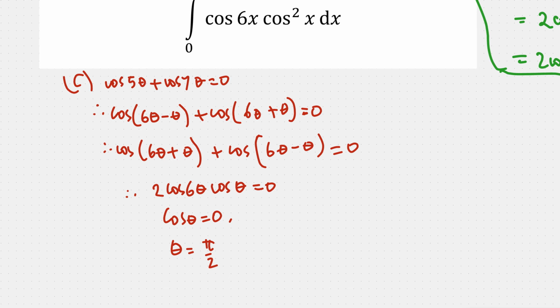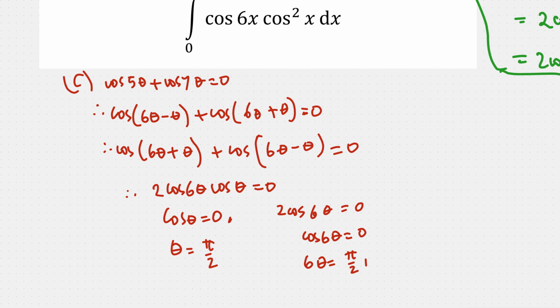For the next one, it's a little bit different, because we've got 6 theta, so we can say 2 cos 6 theta equals 0. So cos of 6 theta is 0, and 6 theta is equal to pi over 2, because then theta would be pi over 12, and theta must